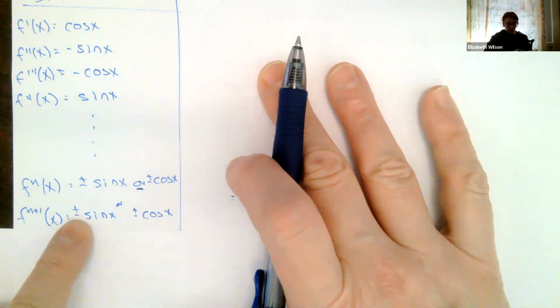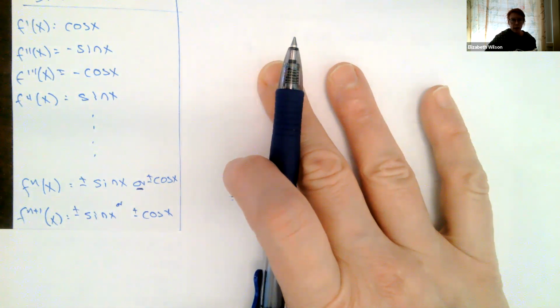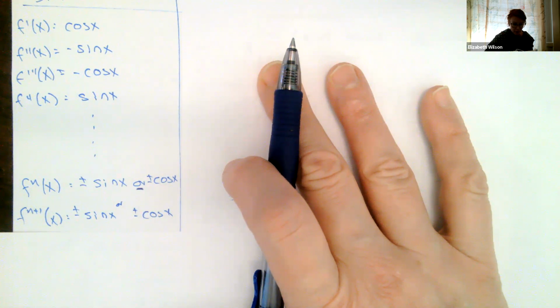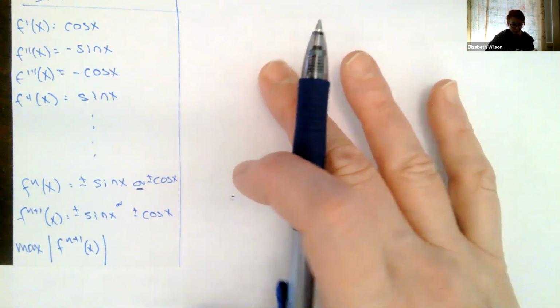Right? And it's not changing anything here. But I think one of your homework problems has a 1/2 that's accumulating, so you've got a 1/2 to the nth power accumulating each time. So it didn't really change anything here. Now when I go to figure out what's my max of f of n plus 1,